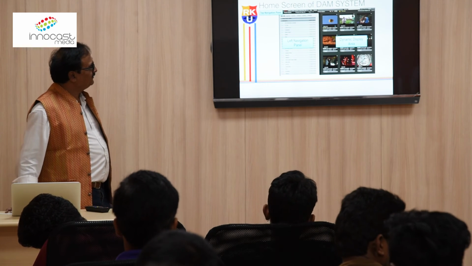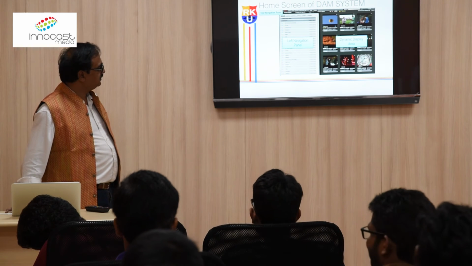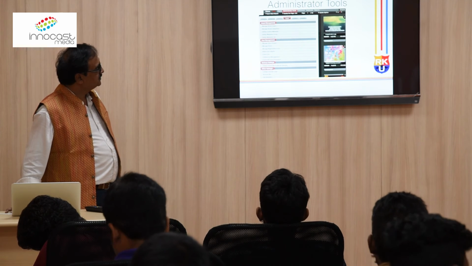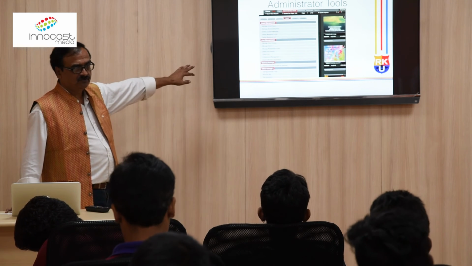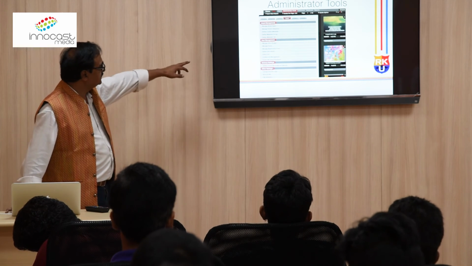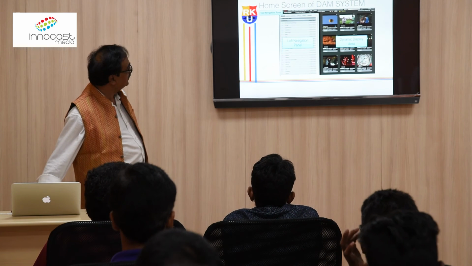These are screens of a DAM system. I don't know. This is how it is put together. You actually have to have the same system. Administrative tools. These are all tools, actually, for how to use a DAM system. Like here's your asset, your user management, delivery. Before that, you had navigation.